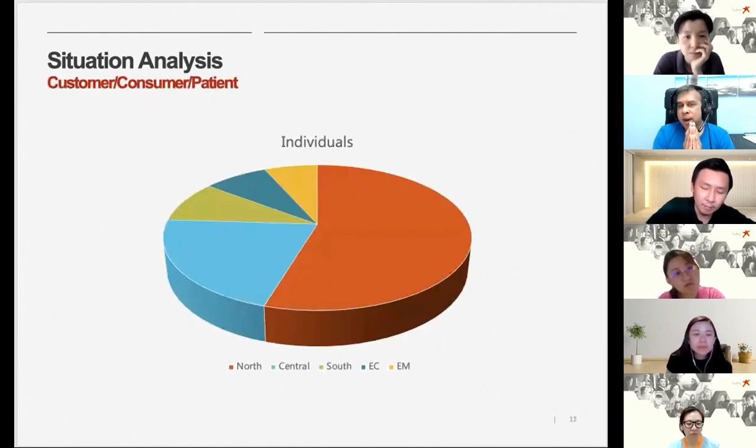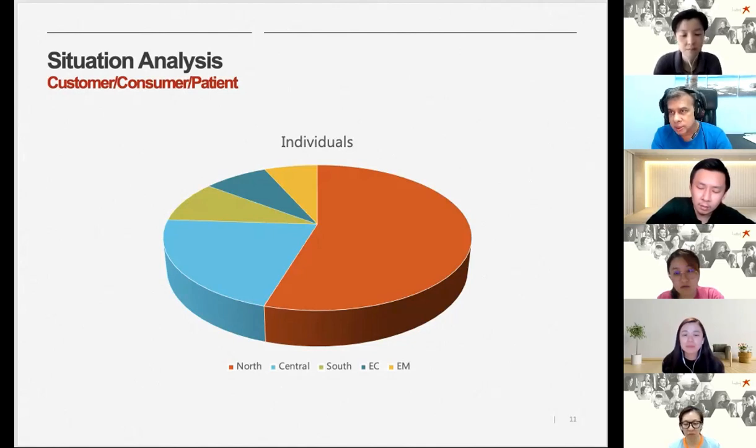Now, this is where your graphs and all that will come in from this section onwards. Also under situation analysis. Whenever you put a graph, please make sure you put a comment somewhere, either at the bottom of the slide of the chart or on the left-hand side, right-hand side, whatever. Put a commentary and state, what does this show? What does this mean? Very important, what does this mean?